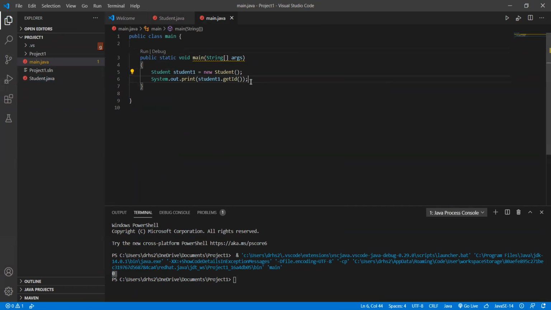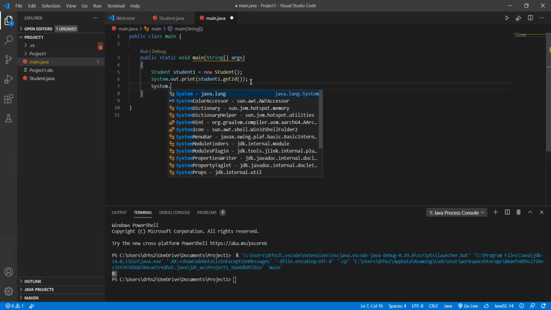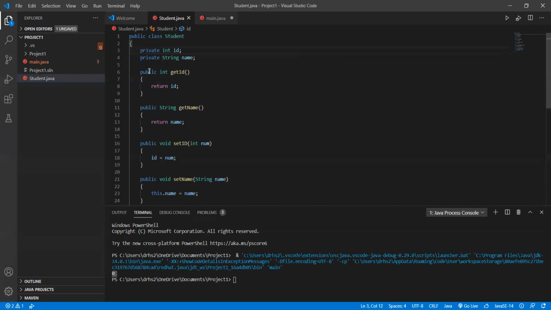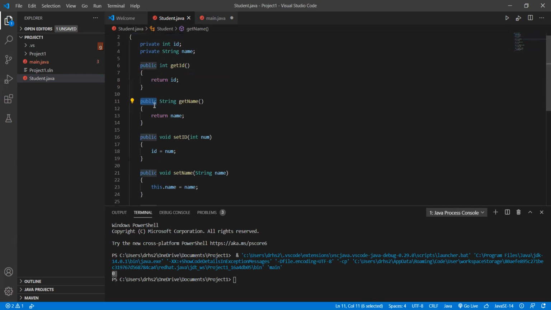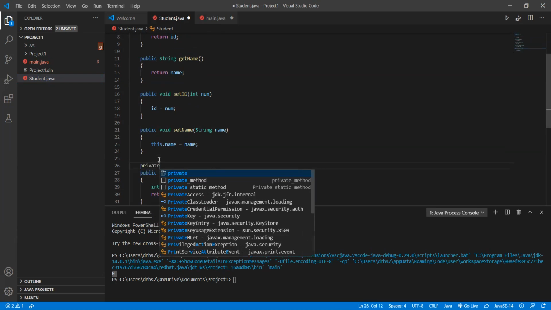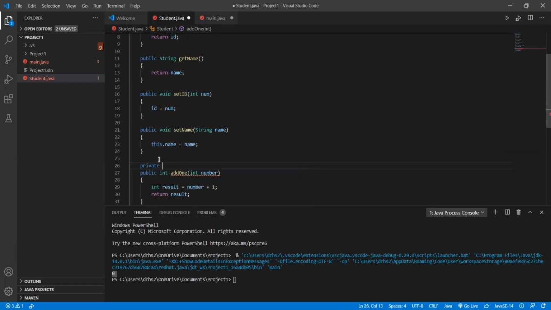And then pretty much I can do that for anything in here that has the word public. I can use this get ID, I can use this get name, the set ID, set name. But let's say I had, let's make a private function, like private,